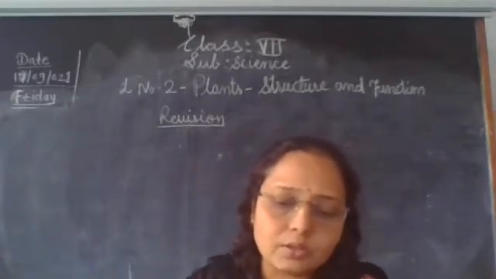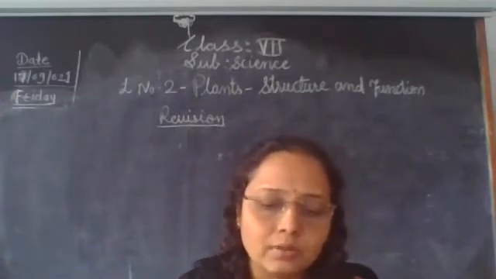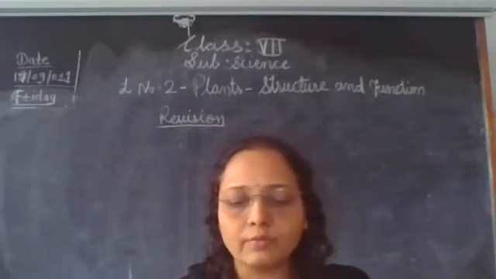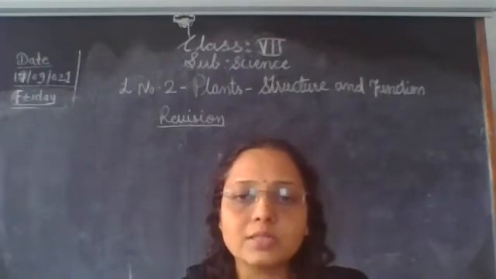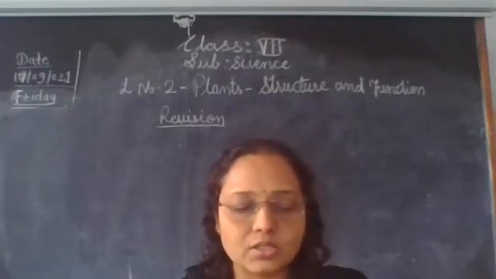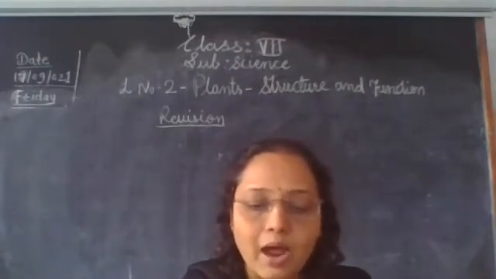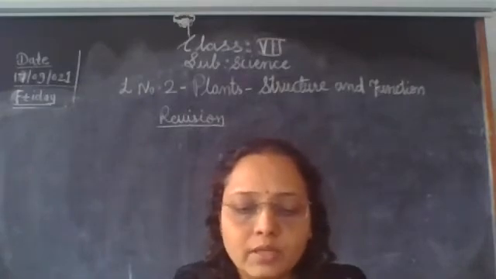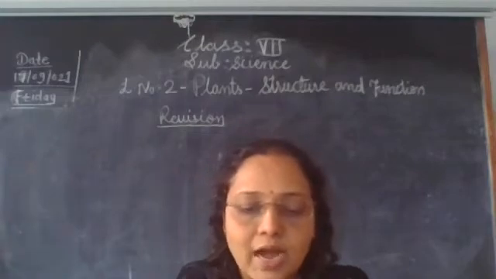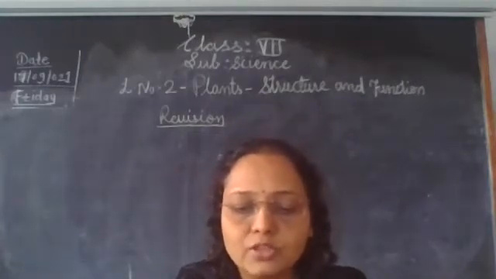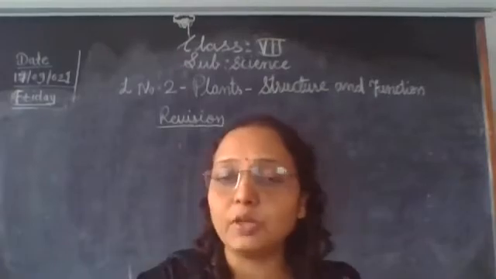Now, the part that grows from inside the seed. Usually we get a new plant from a seed. So let's see the structure of a seed. The part that grows from inside the seed towards the soil is the radicle, and the part which grows above the soil is the plumule.